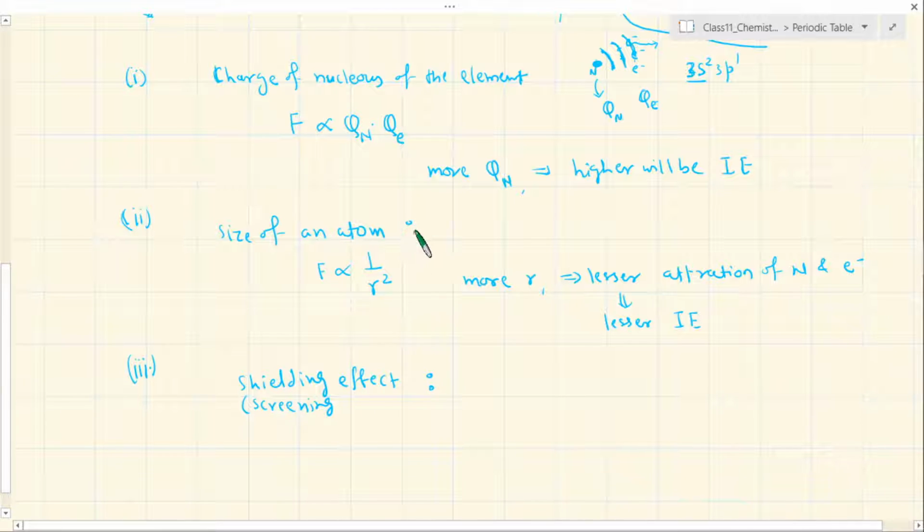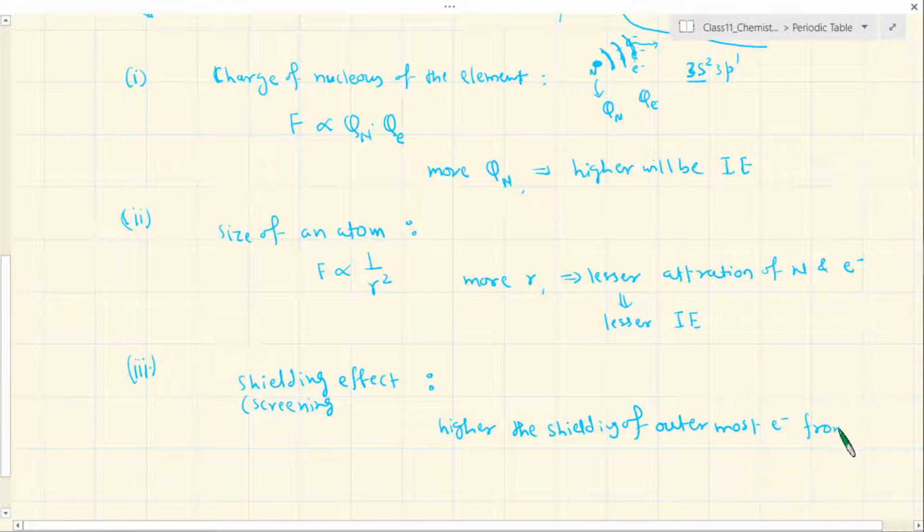What it says is that if you go more and more away, your last electron, suppose, is shielded more and more by inner electrons, then that is only possible when you have higher and higher atomic number, right? So you have more and more shells being added. So more and more shielding will reduce the value of ionization energy. So higher the shielding of outermost electron